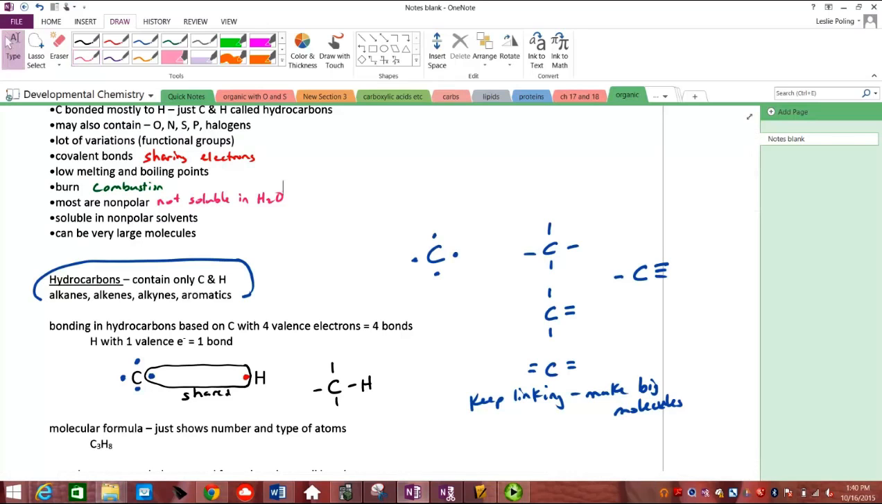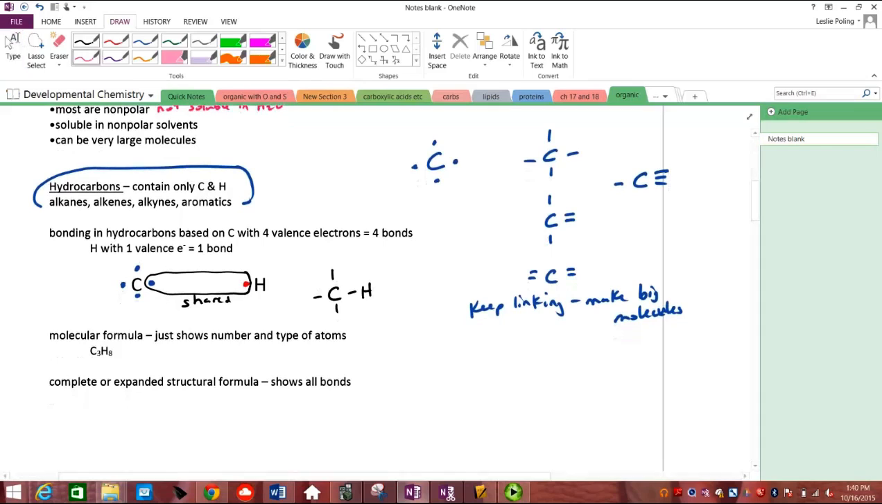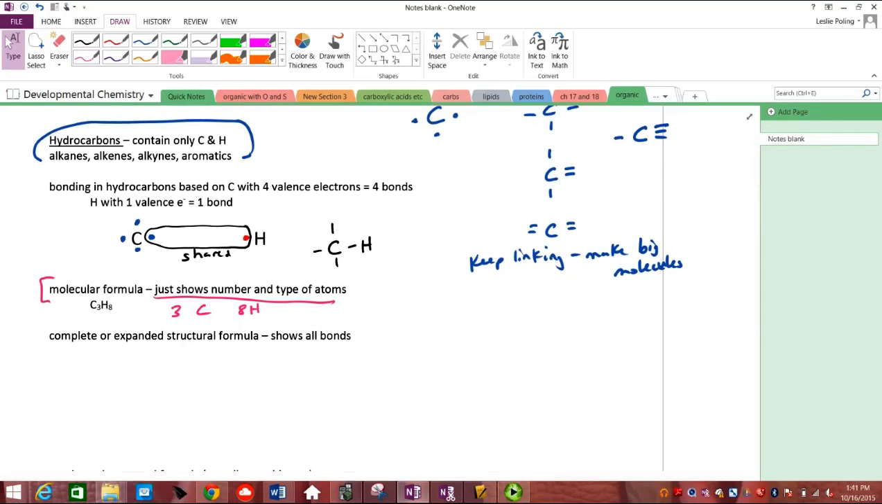So since we're getting larger molecules here, we need to look at more than just the molecular formula. Now, the molecular formula is where we need to start, but all it shows us is the number and type of atoms. So we've got 3 carbons and 8 hydrogens here, but we don't know at all how they are connected. So if we do the complete or expanded structural formula,